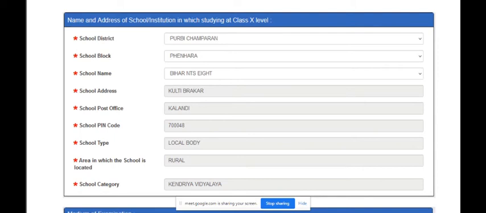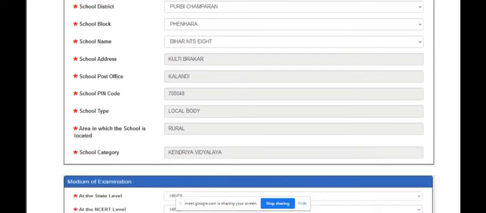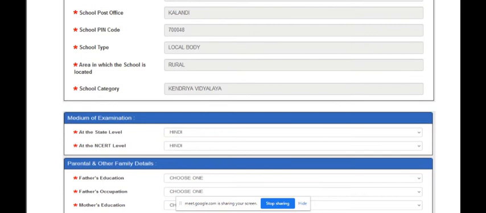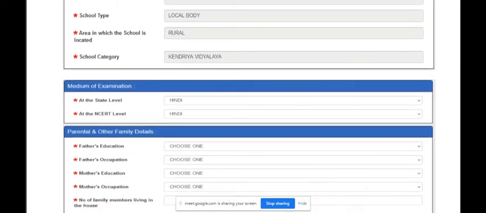All the information you can get from your school, or it is already mentioned in your admit card. If you have received a registration slip from the school, it is there. Then you have to choose the medium of examination, whether Hindi or English, at state level or at NCERT level. Then some more details, your family details, you have to write, like your father's education,